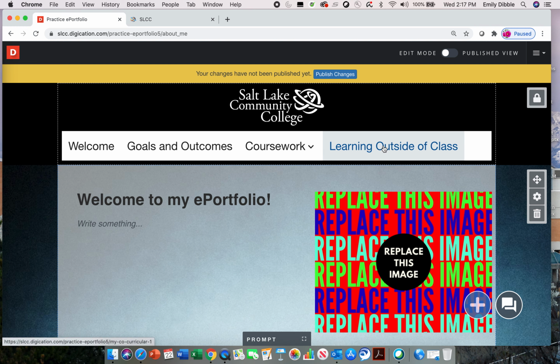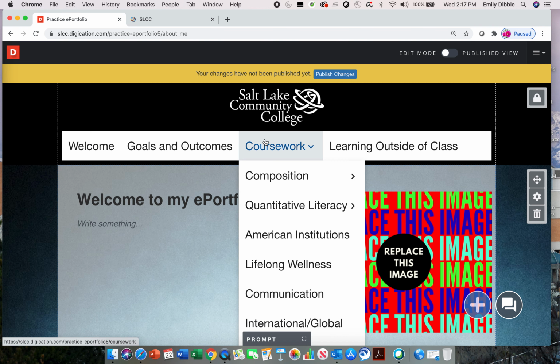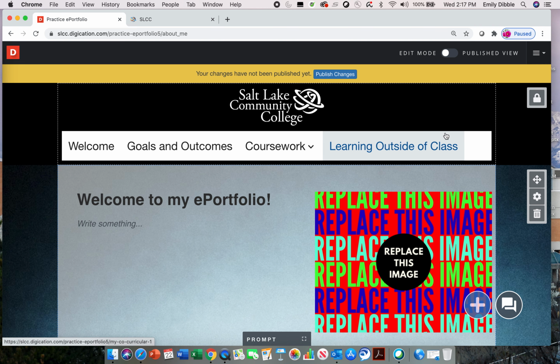What we're going to do is make a change in our navigational menu, this area right here. In order to do that, we need to get into our header. This space right here is called our header. Any changes you make in this header, or any content you put in this header, is going to show up on every page of your portfolio. So if you hover over in this corner, you click and then hover,